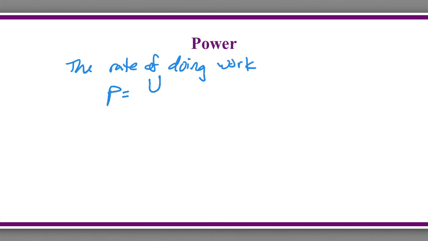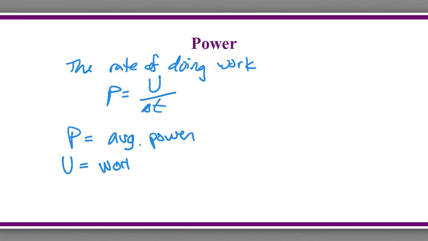So moving to our next concept of power. Power is the rate of doing work. So mathematically, power is equal to W over delta T, all right, because it is a rate, you have to have time, where P is equal to average power, W is equal to work, or force times distance, and delta T is obviously equal to the time it takes